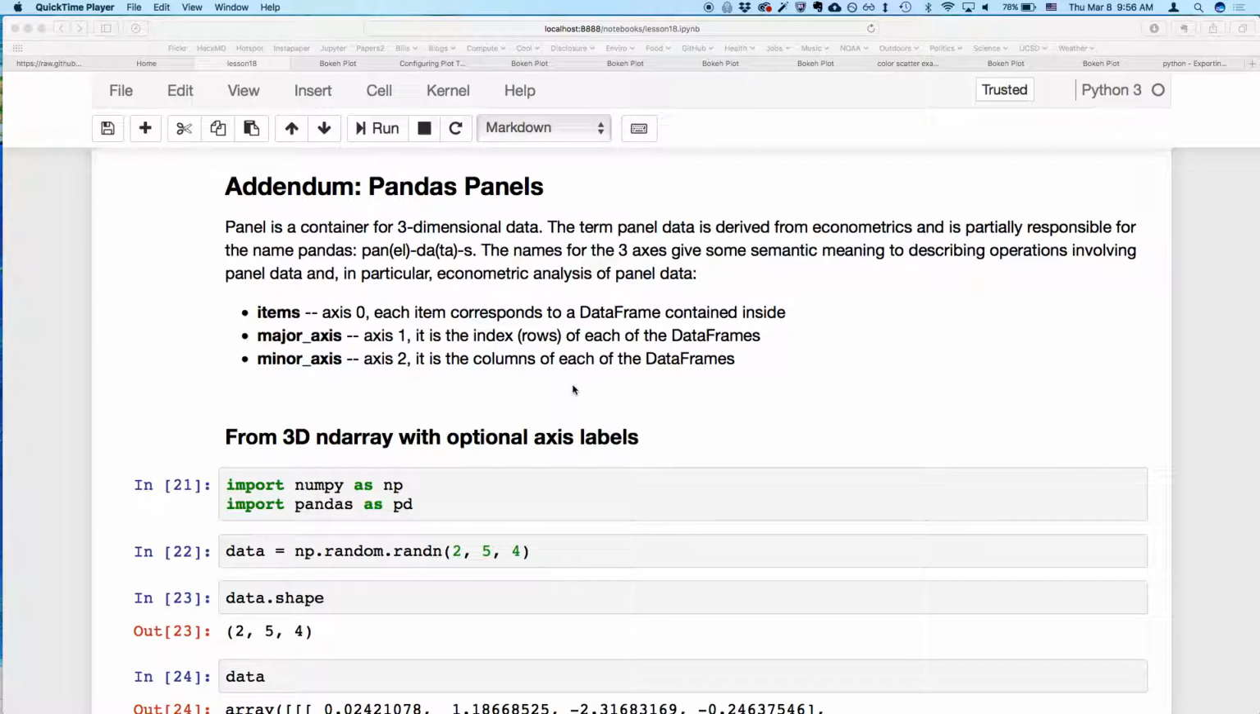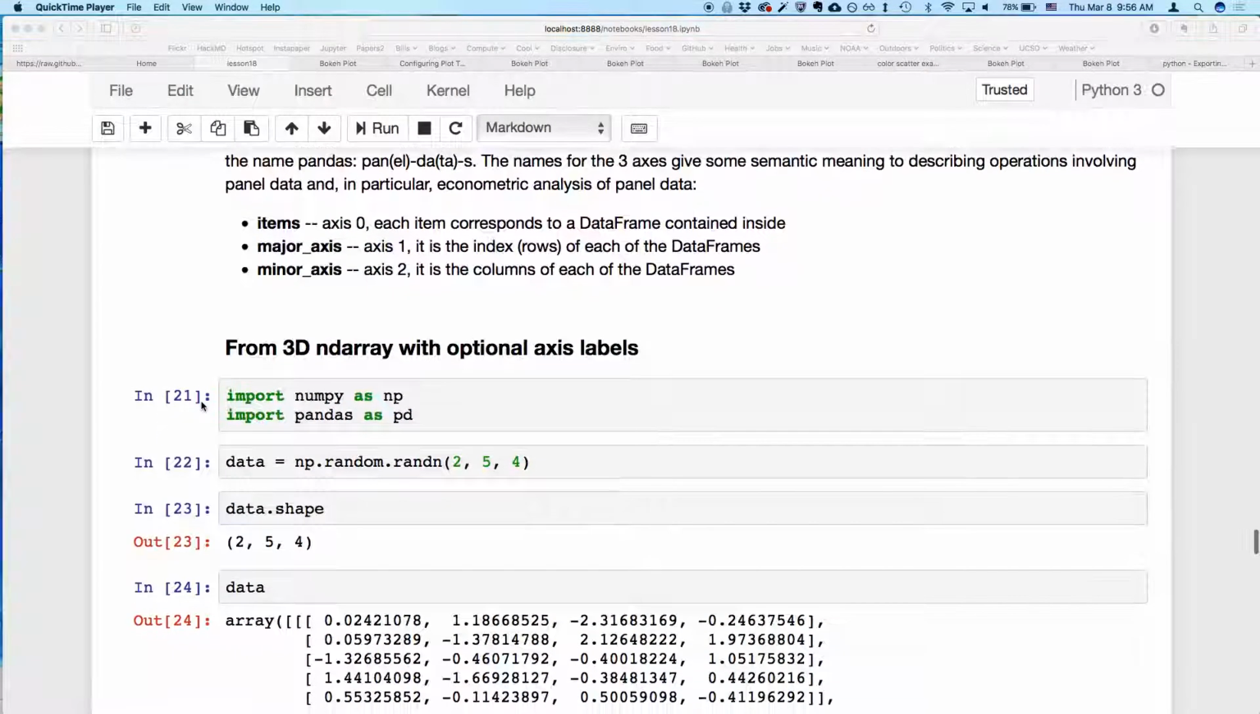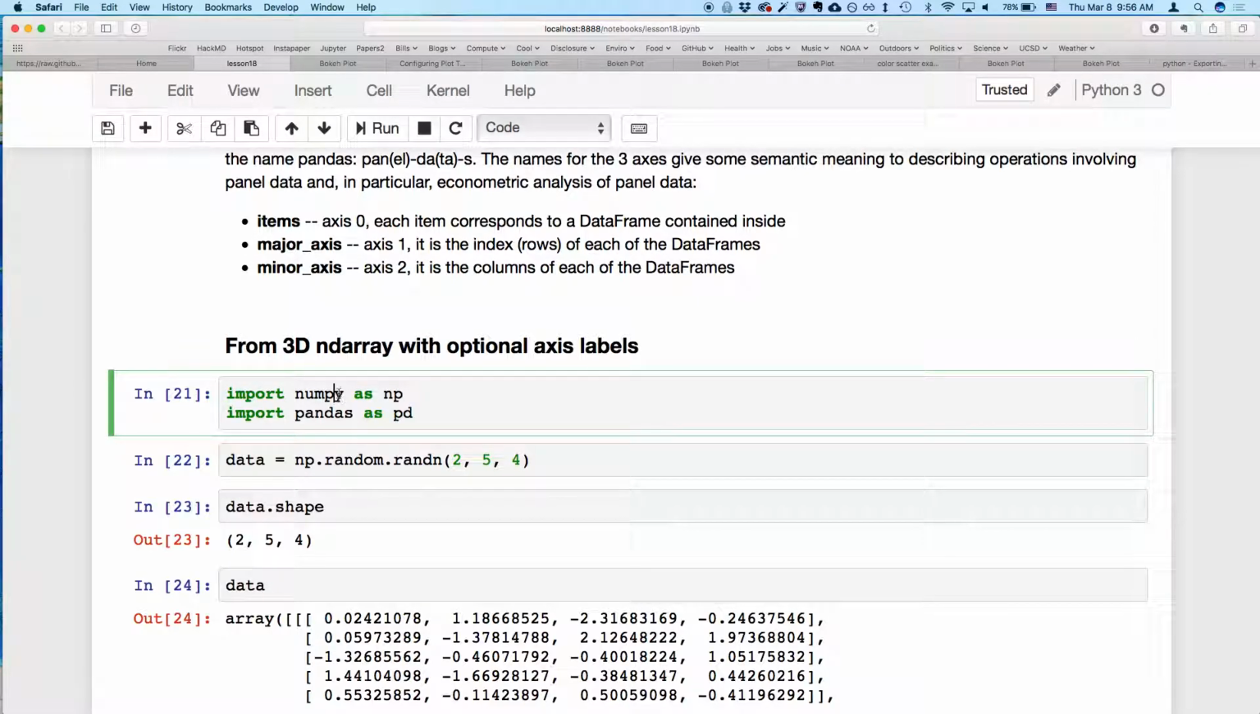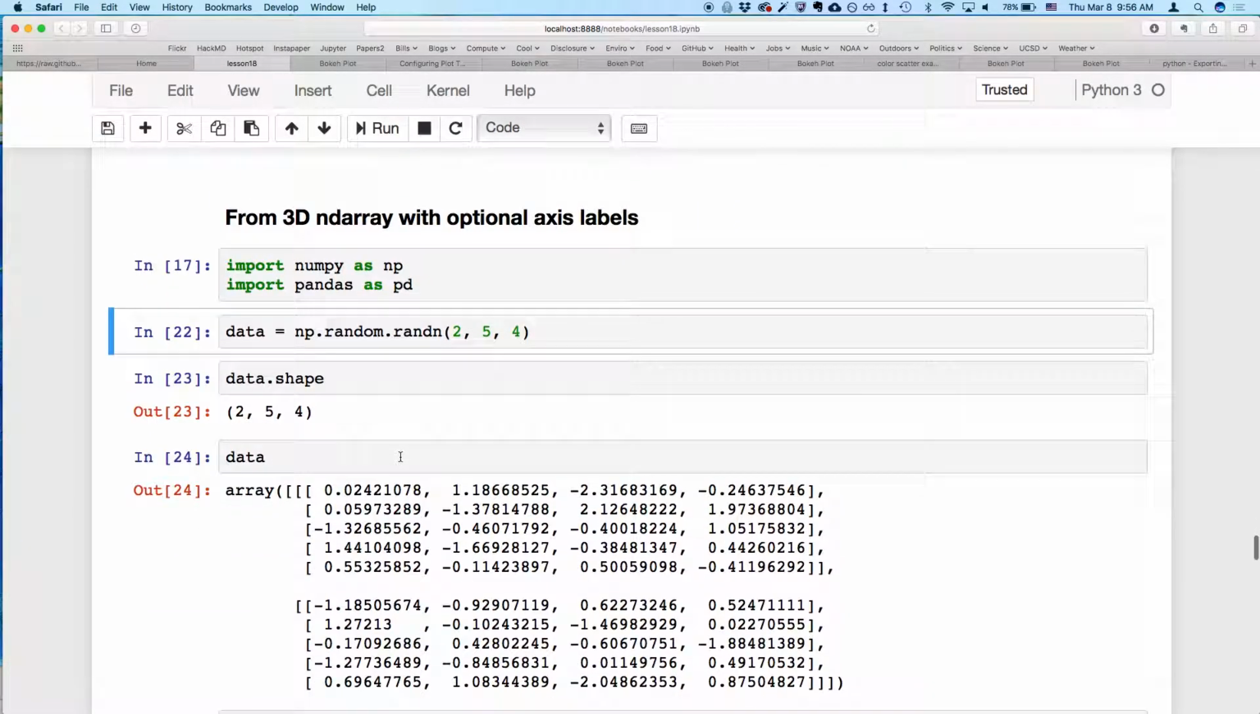Just as we had indexes and columns in data frames, in panels we have items, major axis, and minor axis. So items correspond to the data frames that are inside the panel. The major axis corresponds to the index of the data frames, and the minor axis corresponds to the columns of the data frames. So we're going to make sure we have pandas and NumPy activated, and then we're going to